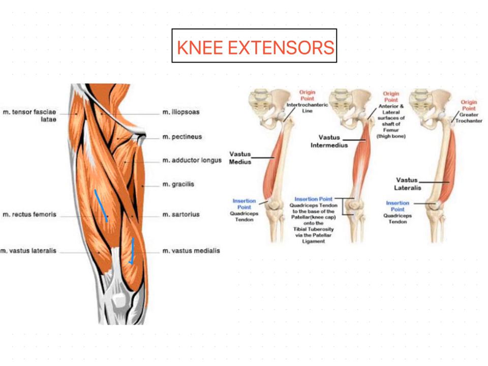The only portion of the quadriceps that crosses two joints is the rectus femoris. Only the rectus femoris crosses both the hip and knee joints. As we know, the rectus femoris originates from the anterior inferior iliac spine. Now the vastus intermedius, vastus medialis and vastus lateralis originate